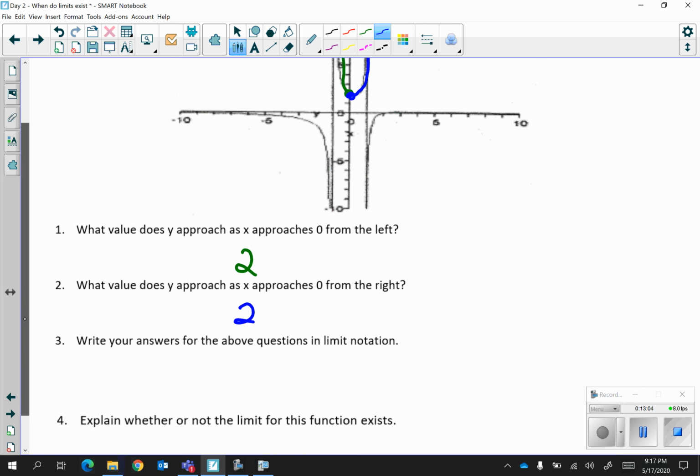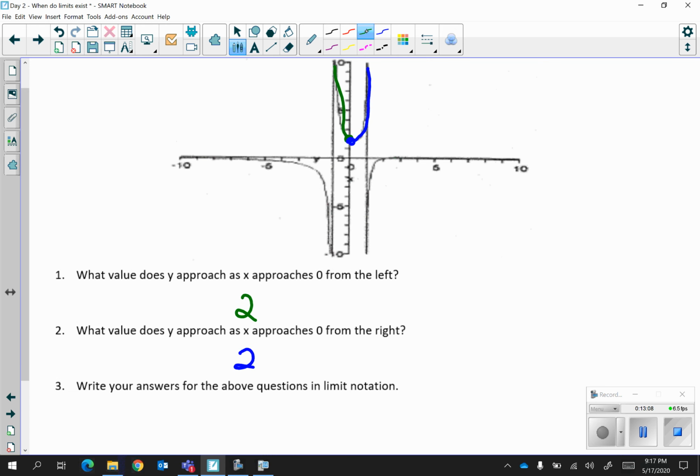Now, if you want to write that in limit notation, we have f of x, so I'm going to write the limit as x approaches 2 from the left-hand side, the green. So I'm going to put negative of f of x is equal to 2. Sorry, we're not approaching 2, we're approaching 0. Silly. 0 from the negative side. There we go. For the blue one, we're going to say the limit as x approaches 0 from the positive side, the right-hand side, of f of x. On the right, we still got